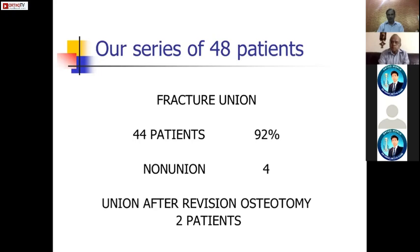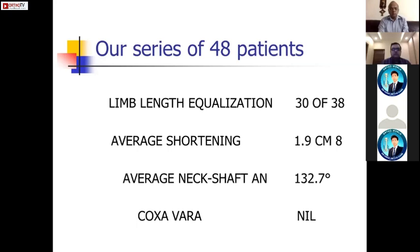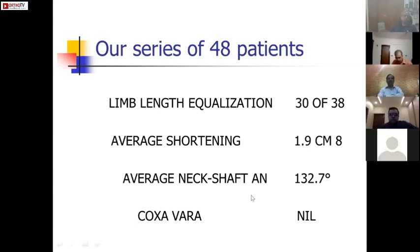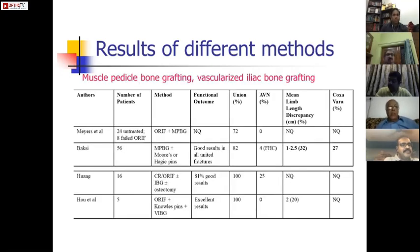That is again an important point you must keep in mind when you are appearing for your examination and going through your viva voce. Limb length equalization can be achieved. The average shortening in my series is 2 centimeters, because it was excessive to begin with, 5-6 centimeters. The neck shaft angle you can almost equalize, and coxa vara can be corrected. Here are some results of valgus osteotomy by various authors from this country, like Kalra, Sringari, and my series,